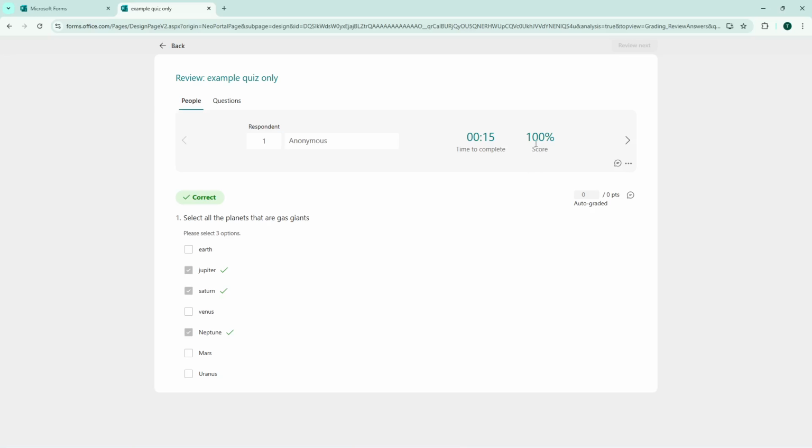To navigate through multiple responses, simply use the arrow button marked with a greater than symbol. Clicking this button will cycle through different respondents' answers, allowing you to review each submission individually. You can take your time examining each response to identify patterns, assess performance, or gather the specific information you need